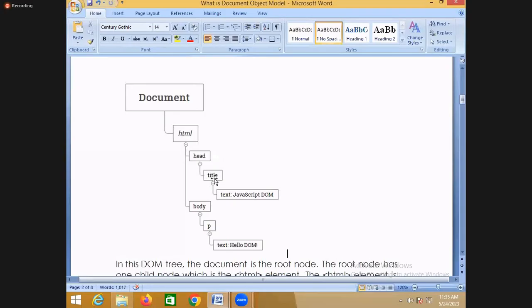What is there in the header? Title. What is there in the body? Paragraph. And what is the text inside the title? JavaScript DOM. What is the text inside the paragraph? Hello DOM. Suppose I want to modify the title, I access which one? Title, and modify which property? Text property. If I want to modify the paragraph, then I access body, then I access paragraph,